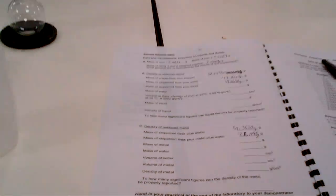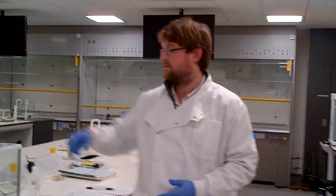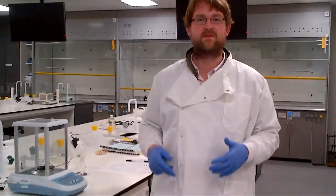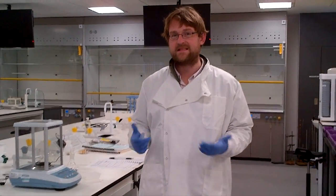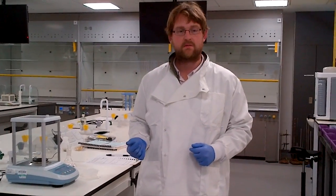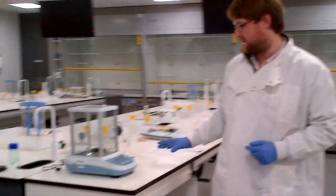So this is a practical which gets you to know even more about the uses of a 4 decimal place balance. It introduces the concept of chemistry having physical entities such as densities. So we're looking to find out the density of an unknown liquid. We're looking to find the density of a metal sample. This metal sample is an alloy, a brass pin. And again, we refer back to the use of the balance top. So we just say to you here,